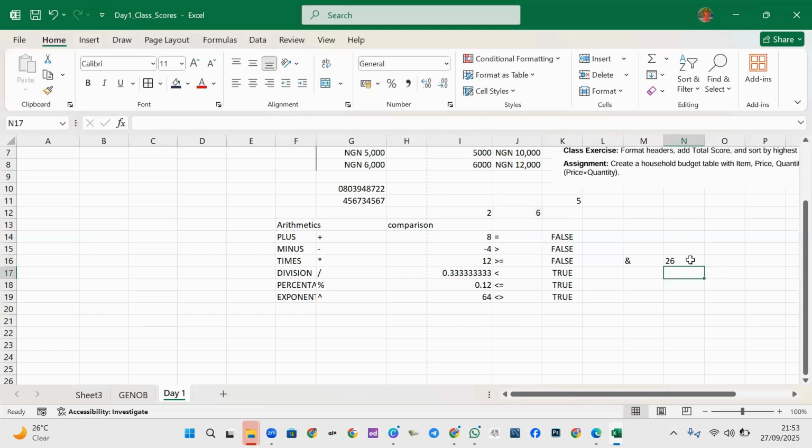2, 6. So this is not 26. This is 2, 6 side by side. It is different from addition. So 2 plus 6 gave us what? 8. But this is 2 and 6. It will give me 2 side by side with the 6. So if you click on it, it will show you the function or the formula I used to achieve this 2, 6 that you're seeing as 26. All right,